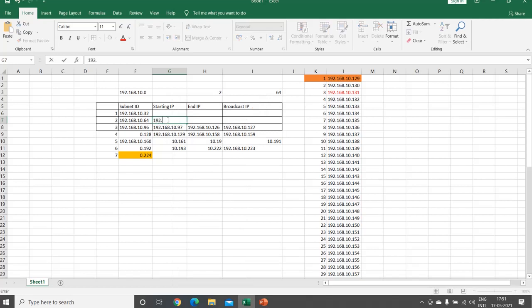192.168.10.65. So the broadcast IP is 192.168.10. The next IP is 96, so the one before will be 95, and before this IP, 192.168.10.94.